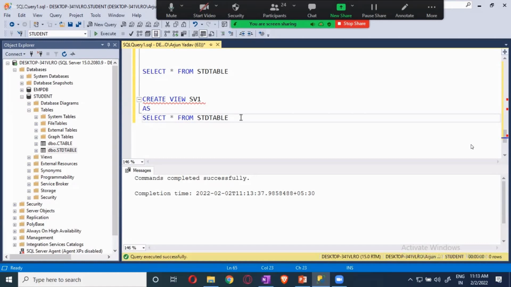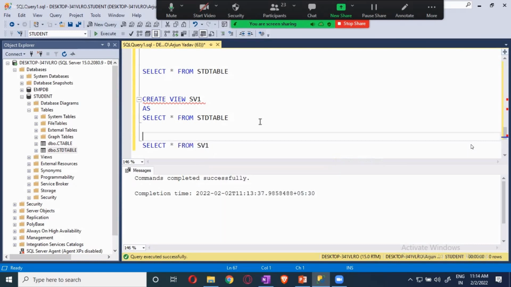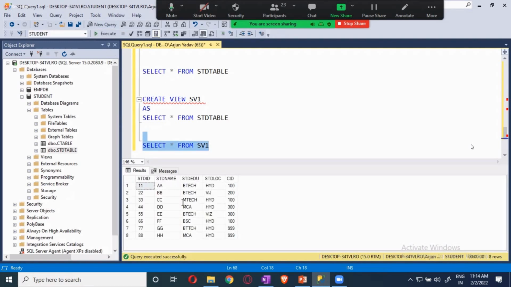Now I will tell the person that the data is in SV1. If you want to see the data, I will do select star from SV1. What I'm doing here is hiding the table name. This is called an updatable view.